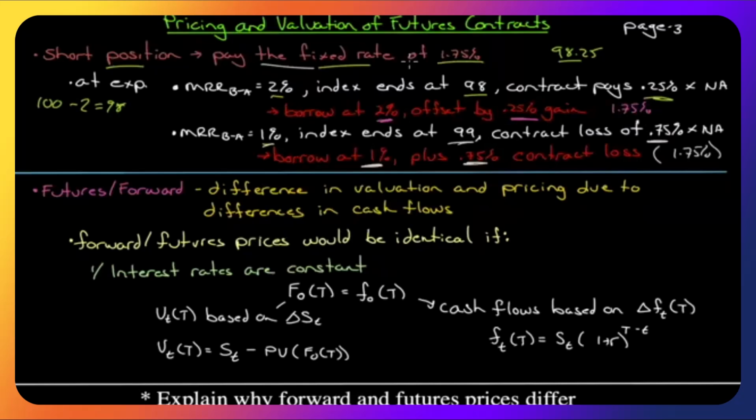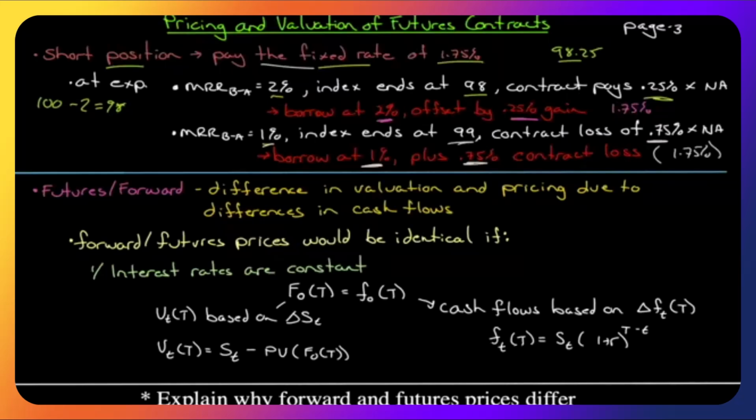We pay that fixed rate once we enter into the futures contract. If we're long, we're going to get that rate. If we're short, we're going to pay that rate because the contract offsets what would happen in the marketplace after. Let's revisit the idea of forwards and futures prices having differing cash flows and potentially having different values because of